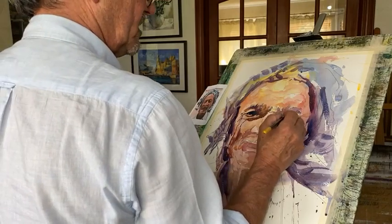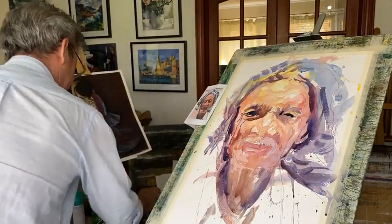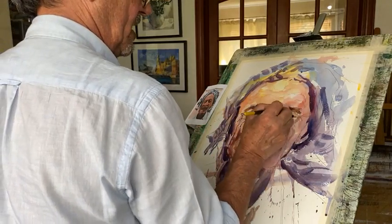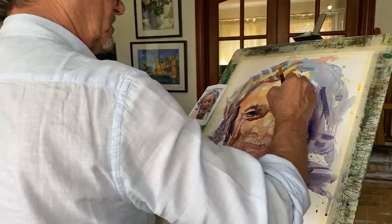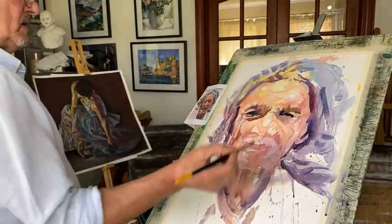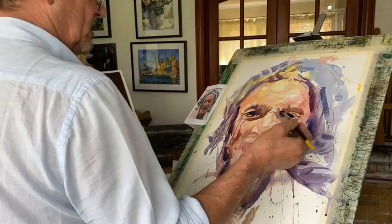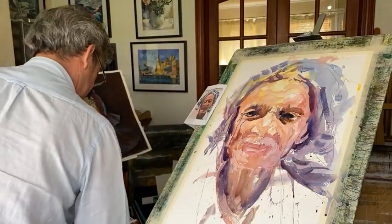Okay, I can put that in the eye, especially where it's near the eyelid, and then you can put some in the corner. Then, into a clean brush, I've got warm sienna, which needs a bit of purple in it because it needs to be darker, you see. So all the time you're looking at the contrast, and then we go into the dark bit. We've got a shadow there, just cutting across this eyelid, which comes down here. As we get to the bottom of that eye again, it goes warmer here, so we get some sienna, and then we've got this lovely crease. Again, we can use alizarin